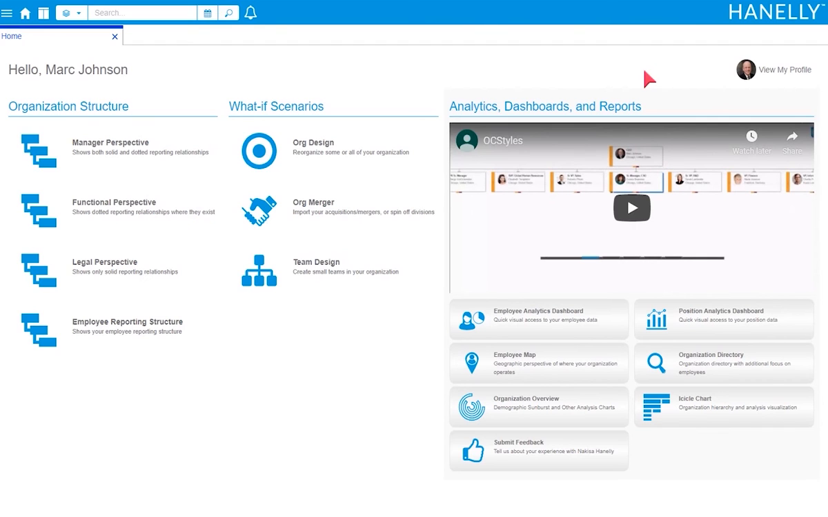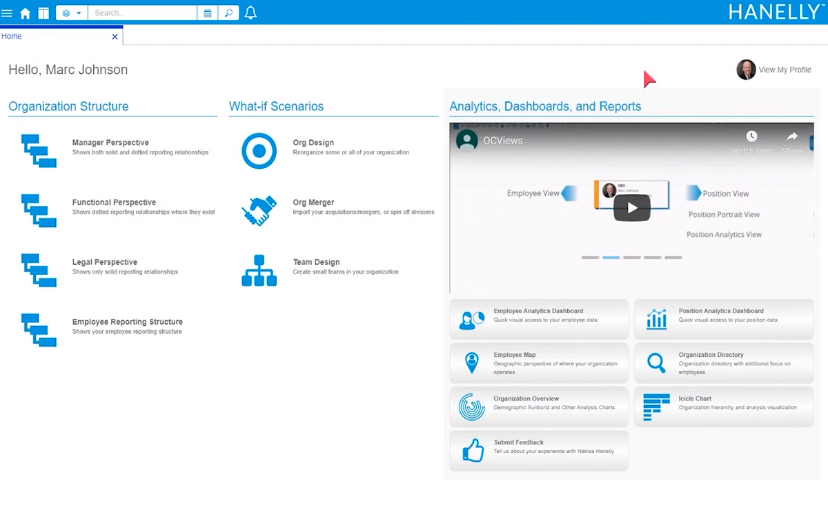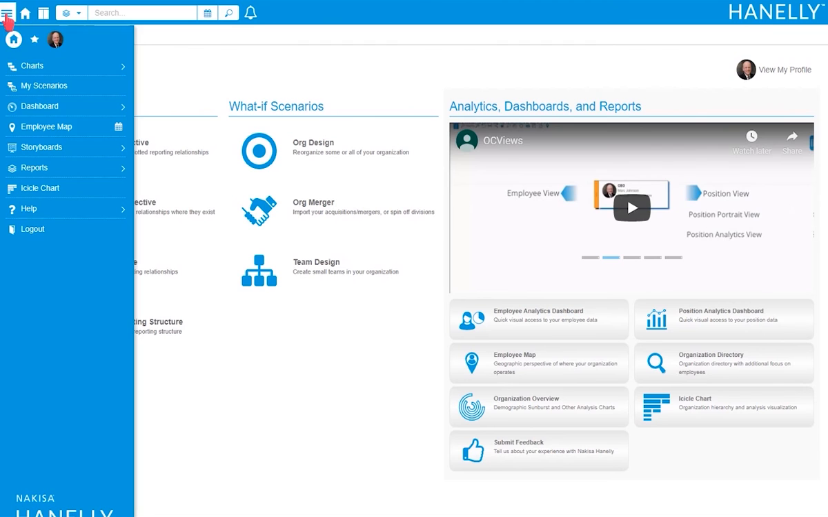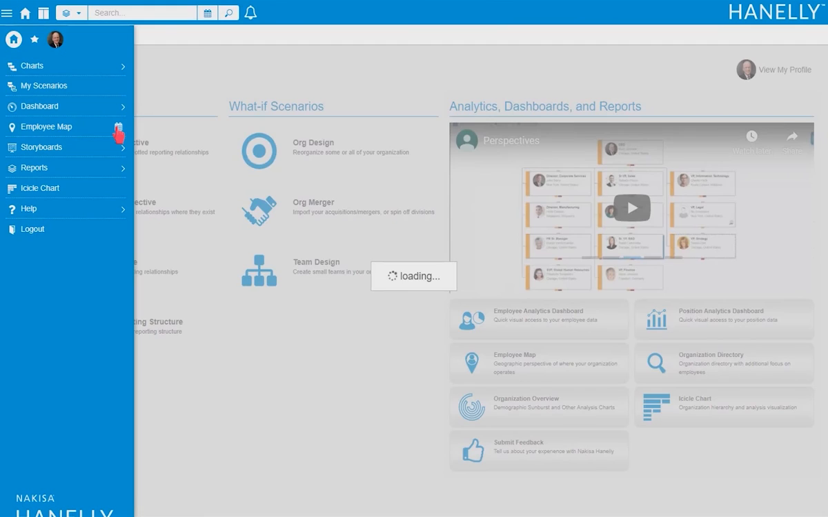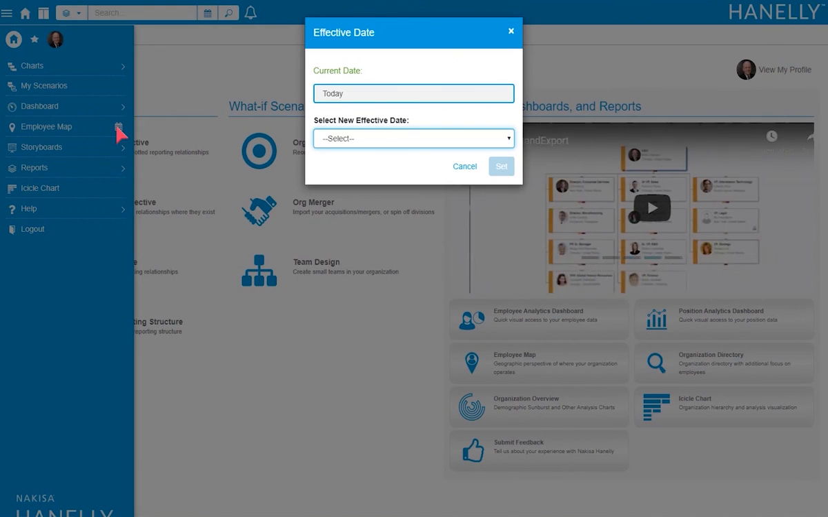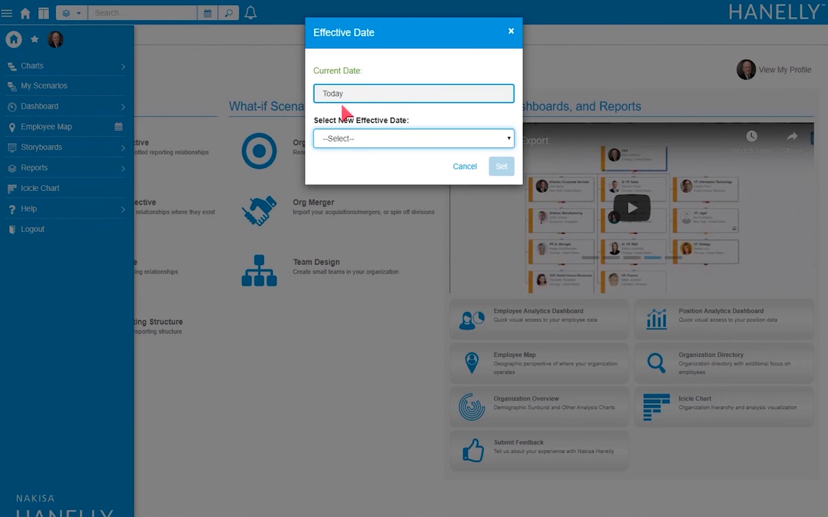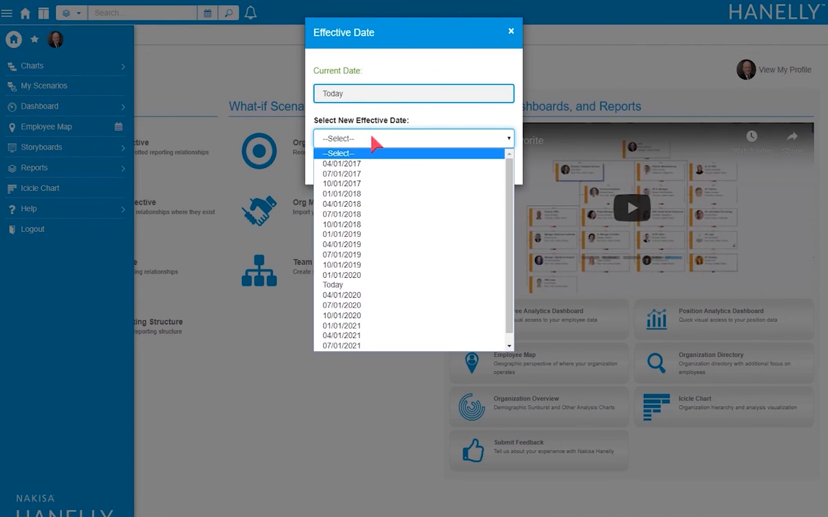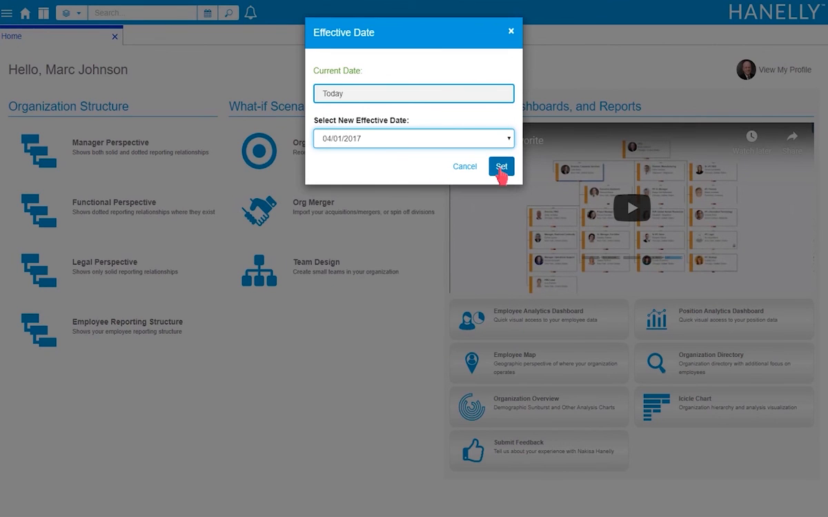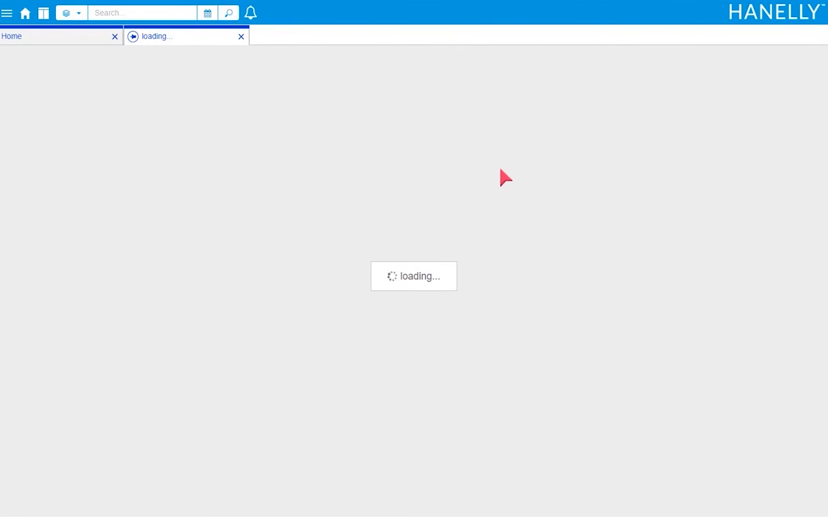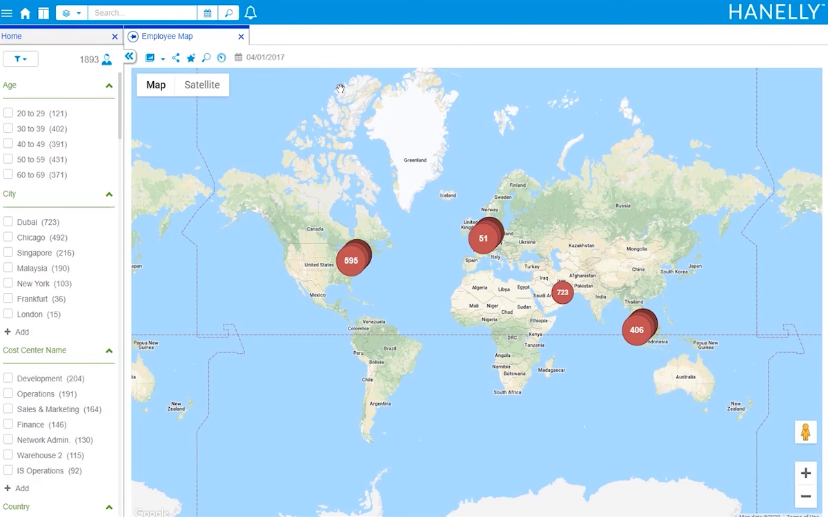To set an effective date for the employee map, I would simply go to the main menu and click on the calendar icon right next to the employee map item. The current selected date appears at the top, and I can choose a different one from the list in the second field and click on Set. And as you can see, the selected effective date appears to the right of my toolbar,